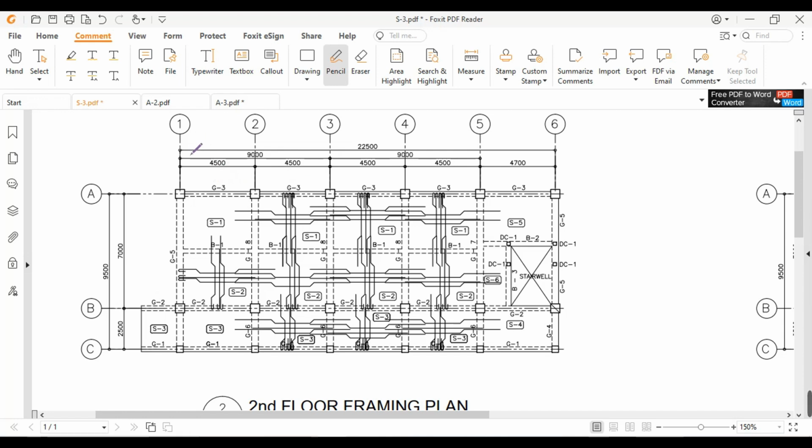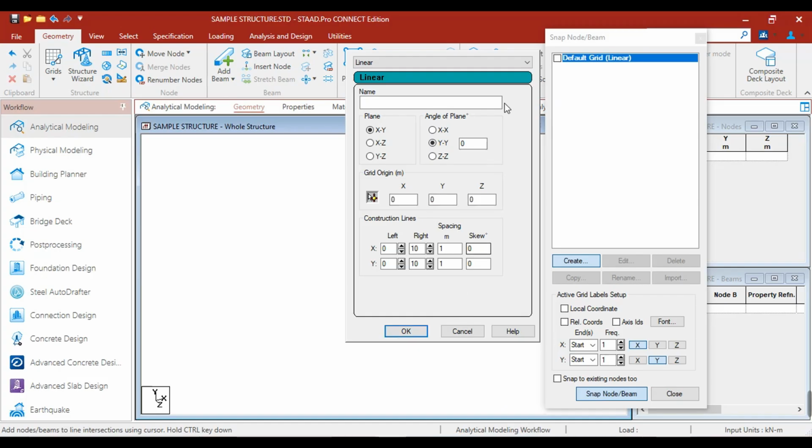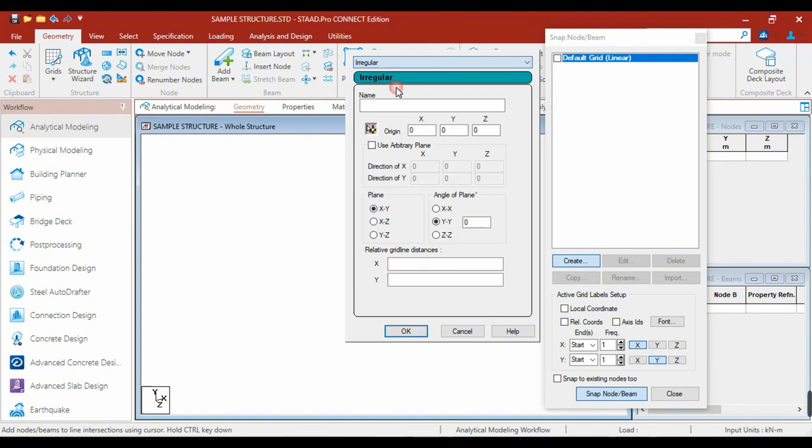From grid 1 to grid 5, the distances are equal, but as you can see in grid 5 to grid 6, the distance became 4.7, so therefore it cannot be linear. For grid A to B, we have 7 meters, and from grid B to C, we have 2.5. So if we're going to model this, we have to use the irregular grid. So click irregular.